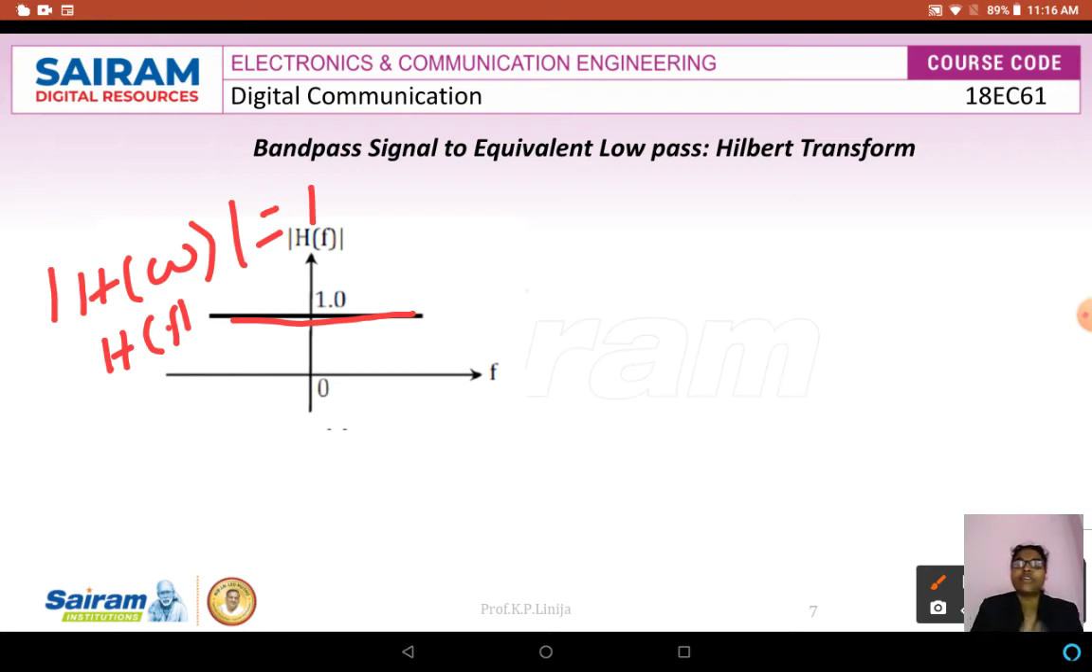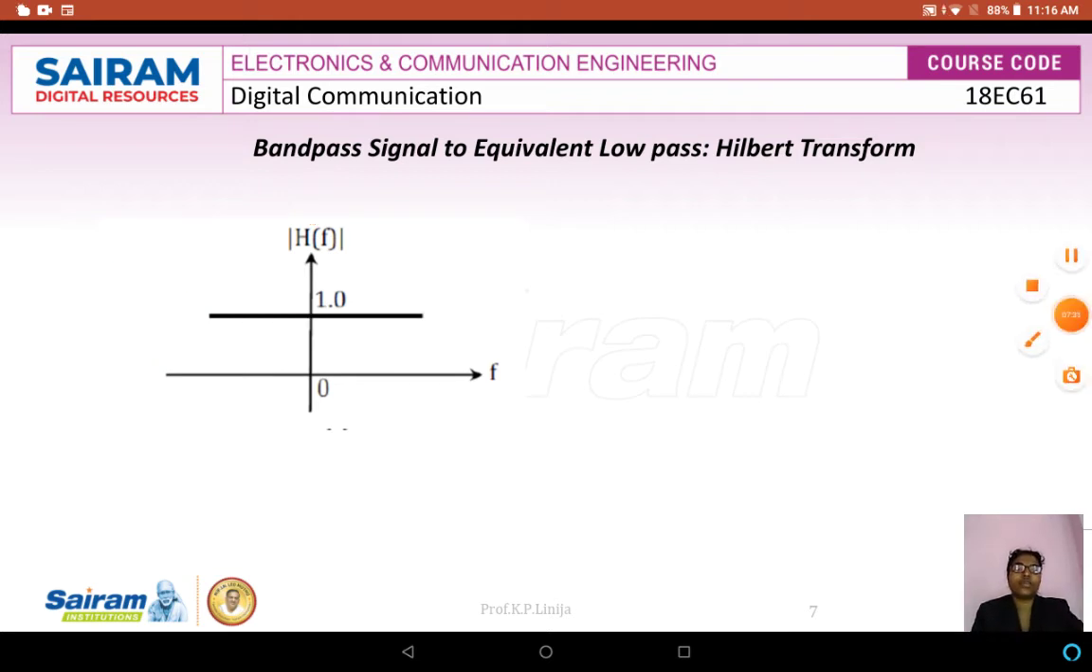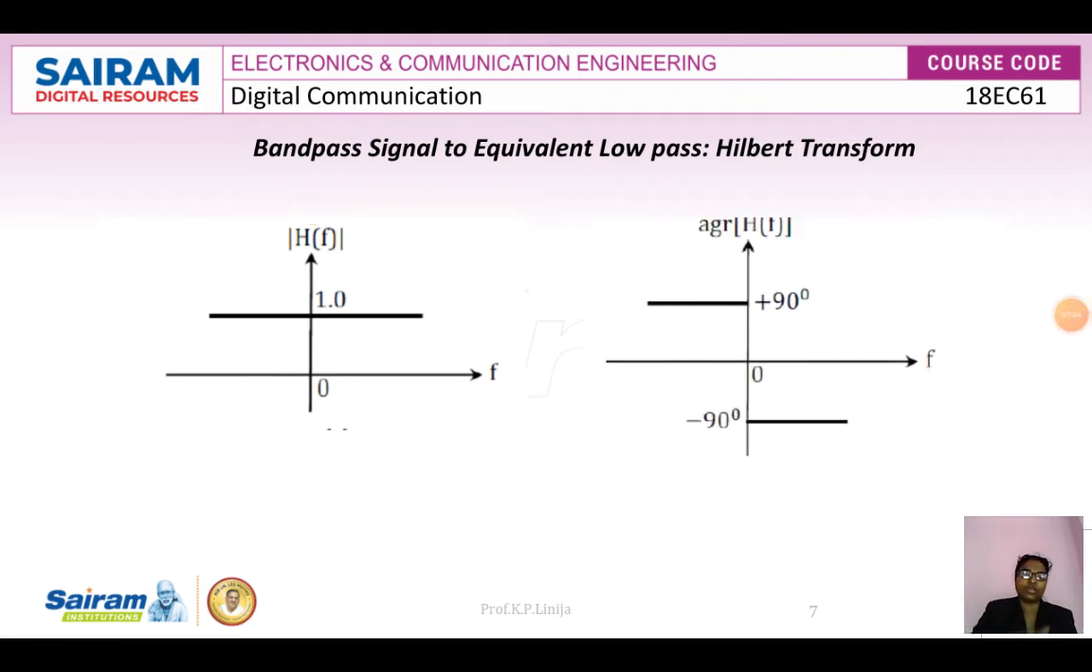Therefore modulus of H of f, or modulus of H of omega, is equal to 1. Followed by this, we wanted to know about the phase change in frequency component. So what is the phase change in frequency component? This is the graphical representation given over here: argument of H of f, with plus 90 degree and minus 90 degree. From this graphical representation it is clearly understood that there is a positive phase change